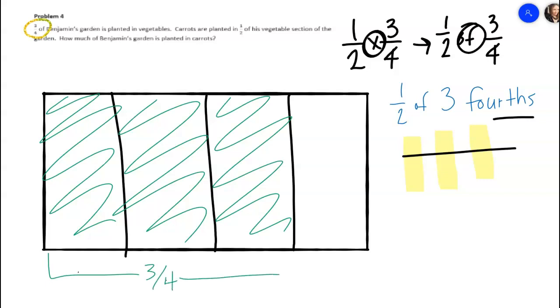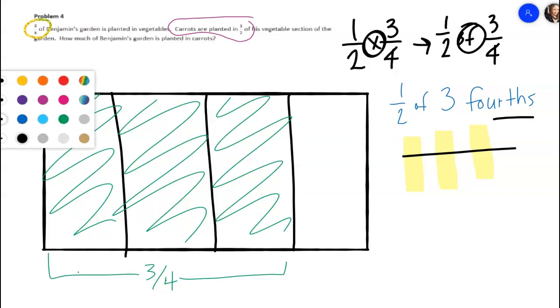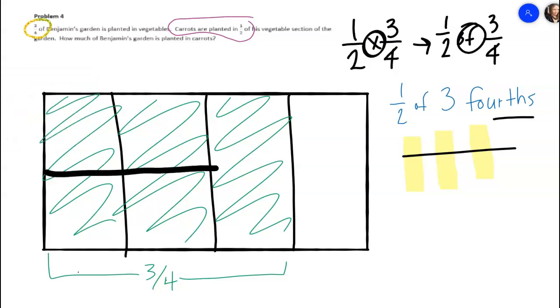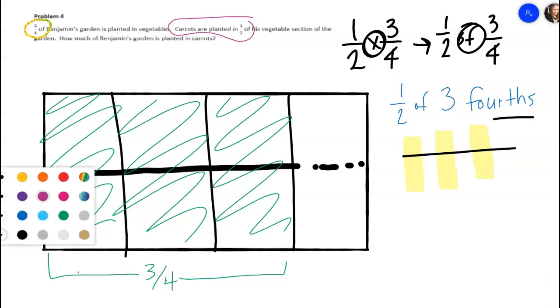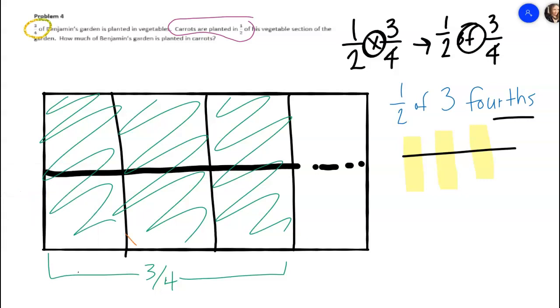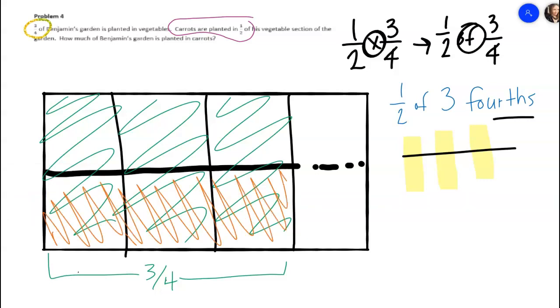These are 3/4 of his garden. Then it goes on to say that carrots are planted in 1/2. So I'm going to split his garden into half. Continues like that. And can I get an orange for carrots? I'm going to shade in 1/2. So let's start down here. These are the carrot section. It says carrots take up half of his garden,